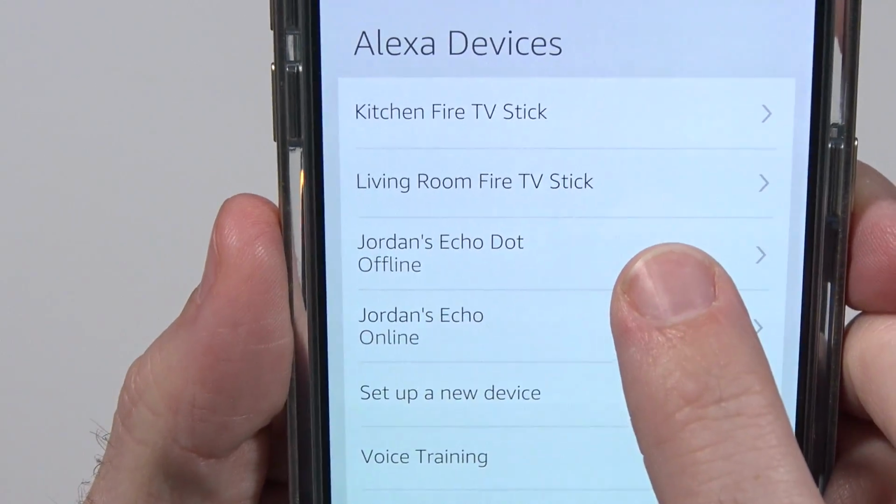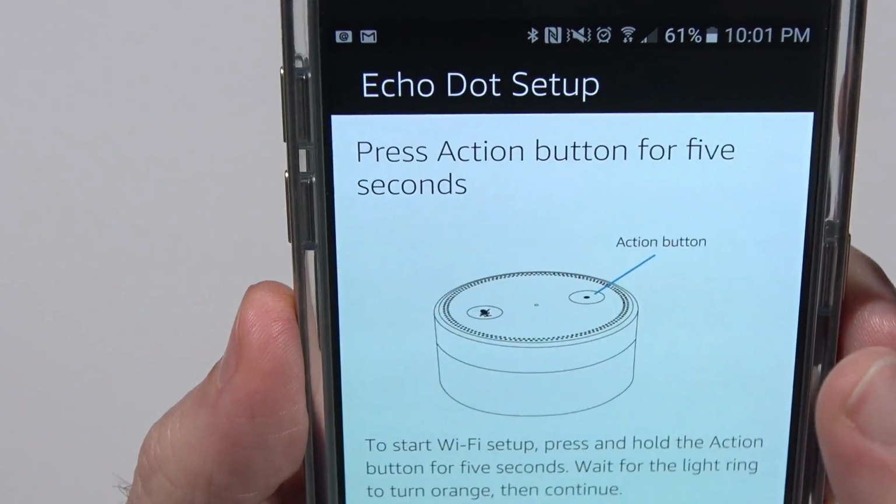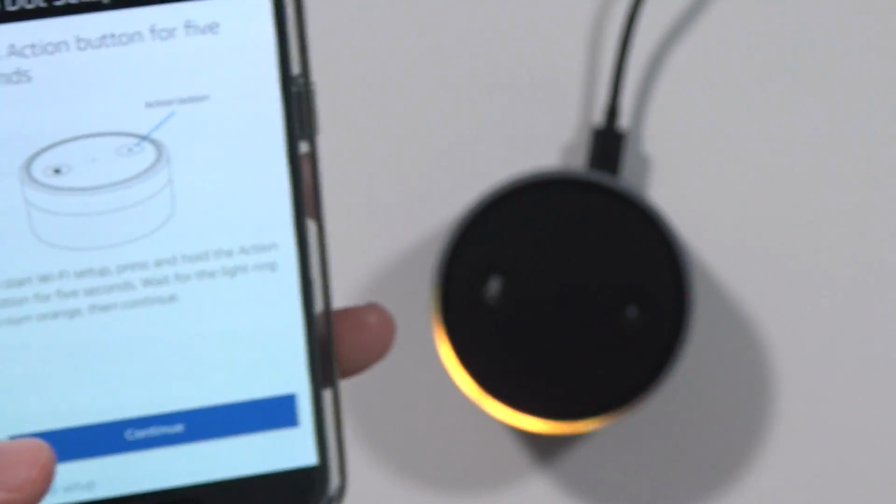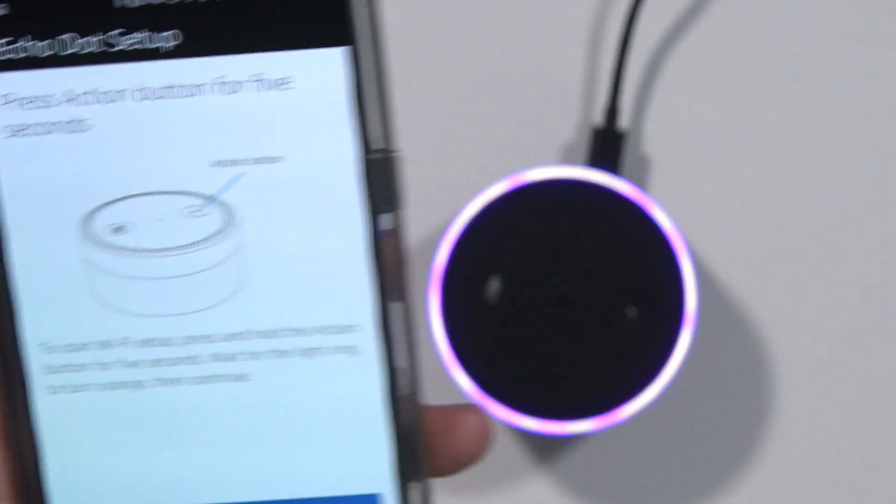Luckily I do have the Alexa app installed, and actually it says Jordan's Echo Dot is offline. Update Wi-Fi. Press the action button for 5 seconds. Okay. And actually it was already doing the orange ring light, so...